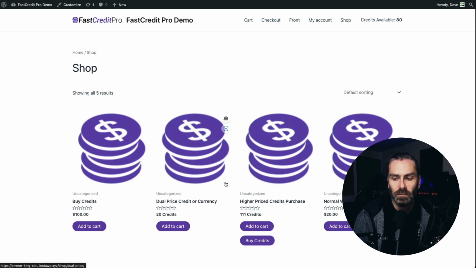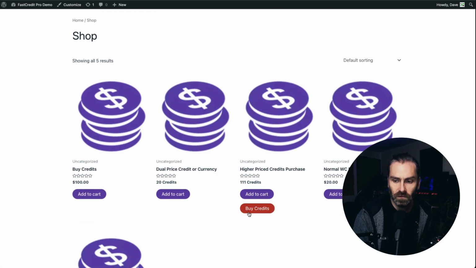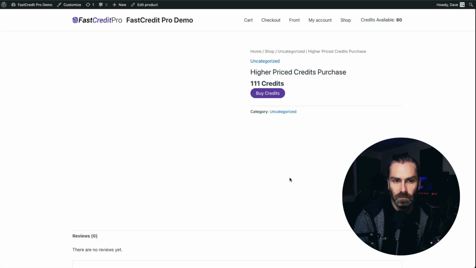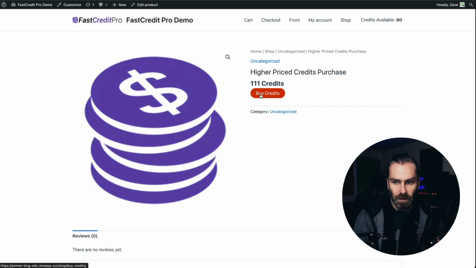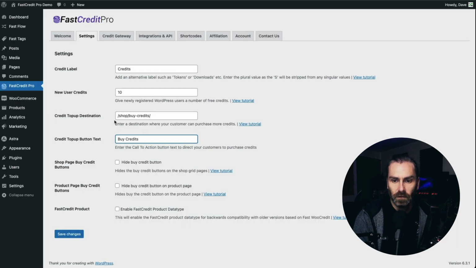And then there is another place on your site where the values are also shown. So here on the shop listing or on the product listing itself, you can see here this product is 111 credits and we don't have enough credit for that product. So basically there's a button that's displayed which is the buy credits button, and that's going to display the same message. And then if we click into the product itself, you can also see the buy credits button is there. So in all those instances, the text that you add here is going to be displayed, and obviously the link